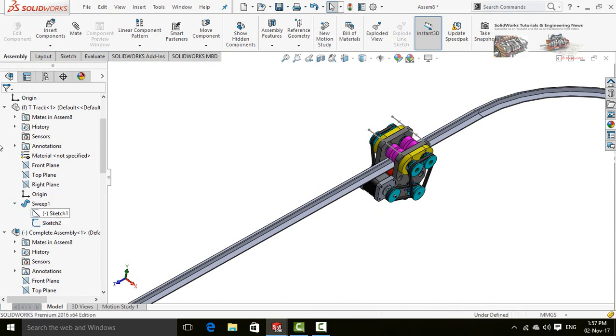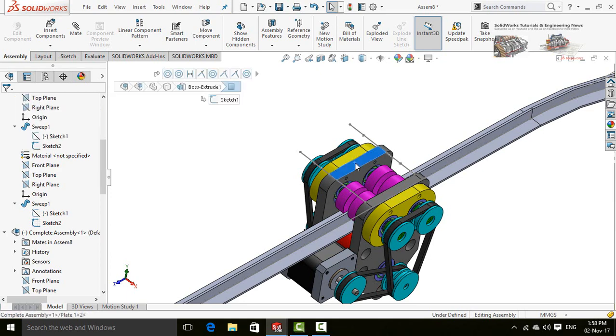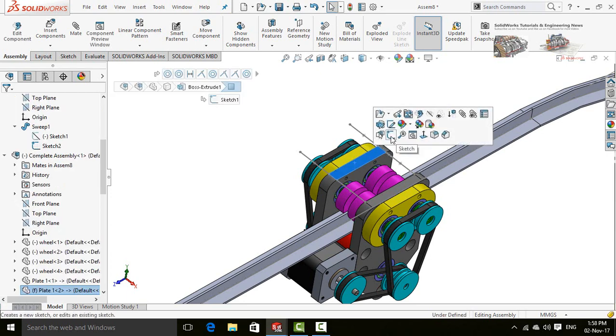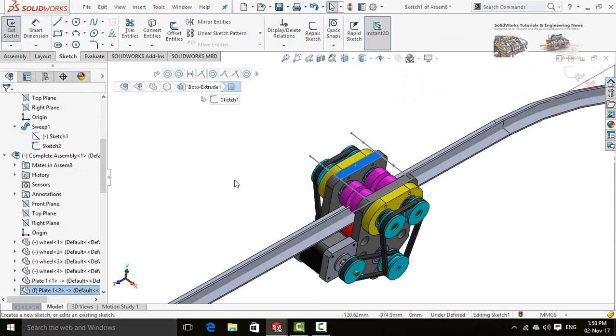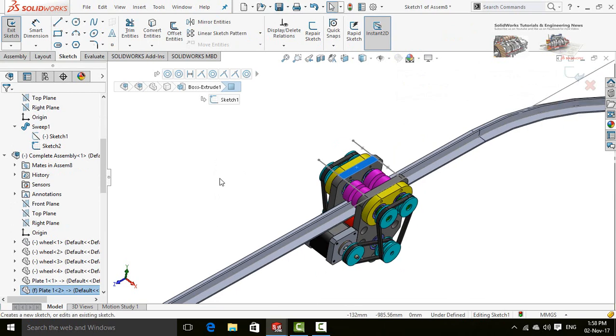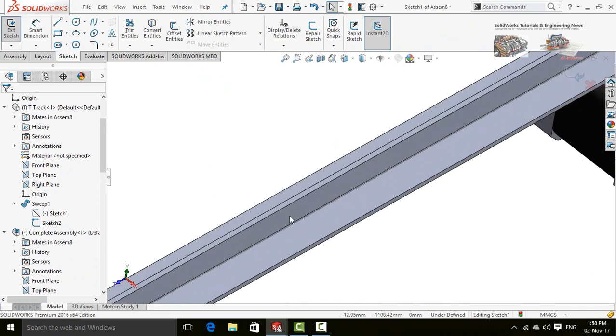Select show button. Now click on this face and select sketch. Zoom in and